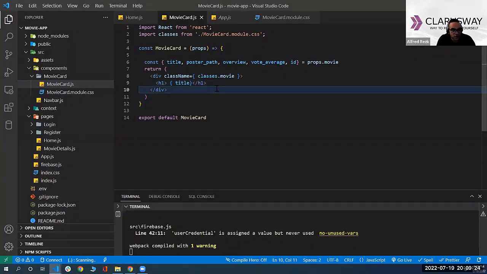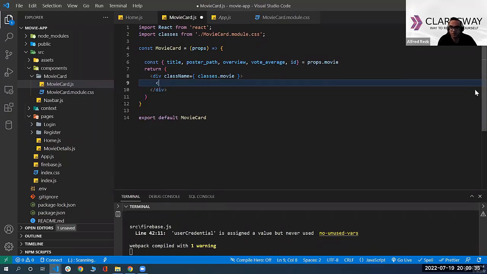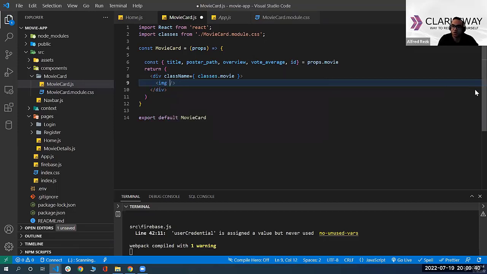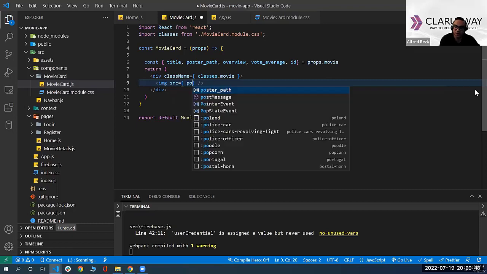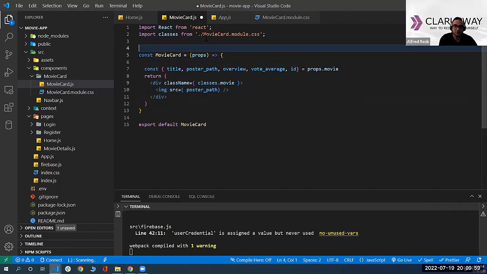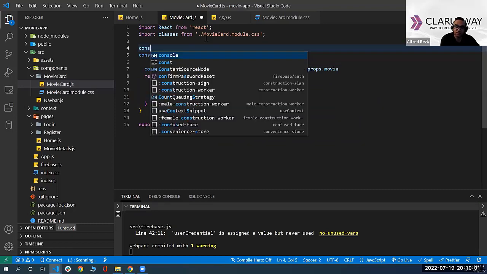All right, what else do I need to put here as markup for a card? I need to have the image of the movie. So I'm going to put the image of the movie, where the source is going to be equal to the poster path. But keep in mind, this is just a path. It's not a URL. To use a URL for this API, it has a base image URL. And the base image URL